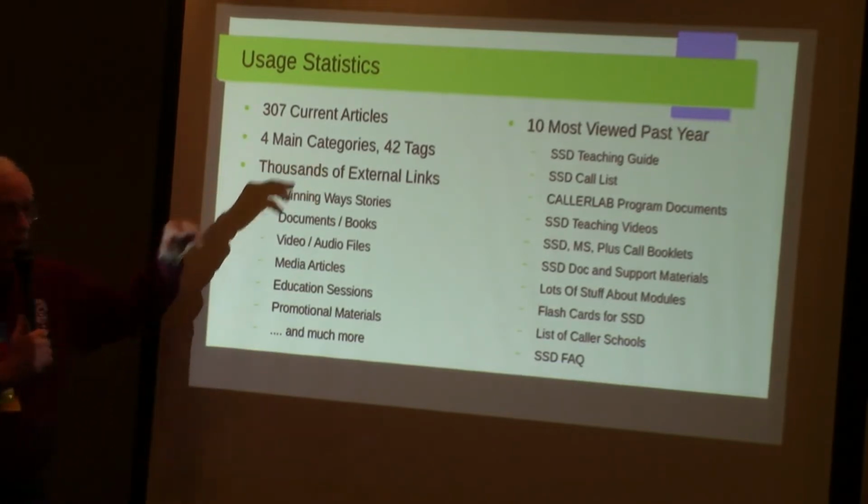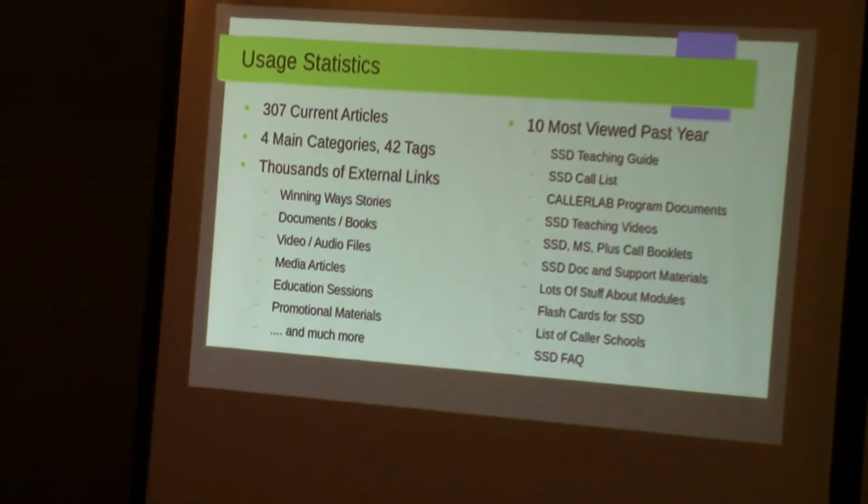42 tags. A tag is simply like a little sticky note that we put on an article saying this article is about this stuff. And an article can have many tags on it. That way, if you go look at a tag, you know you're going to find articles under that tag that have to do with the subject matter of the tag.